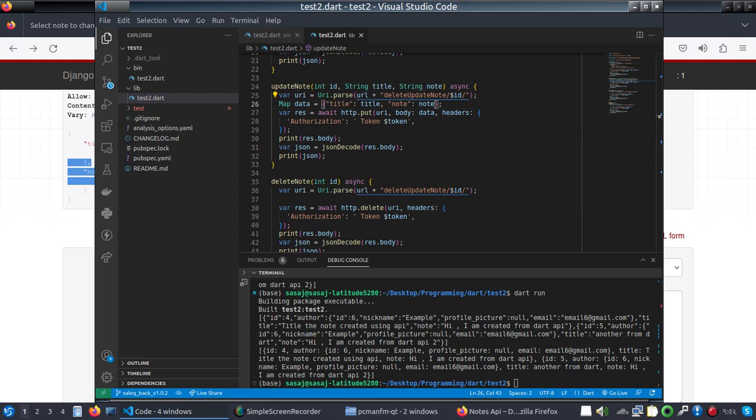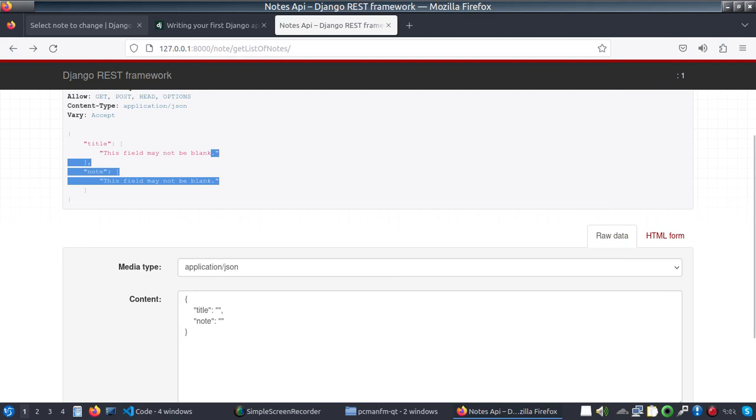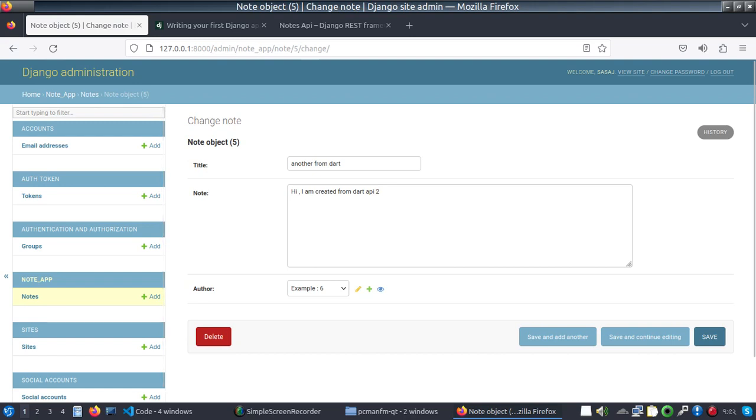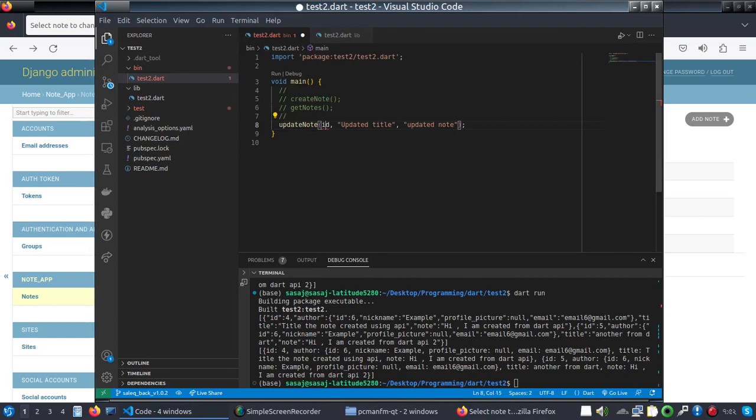So here we will now run update node, and pass the ID and the updated title and the note. I will see here which node I can update. I will use the fifth ID. Sorry, no, update. Now if I run it here,